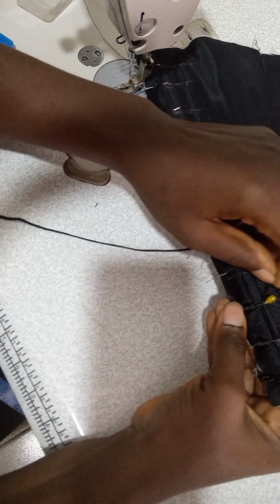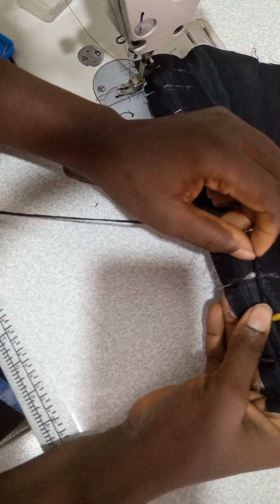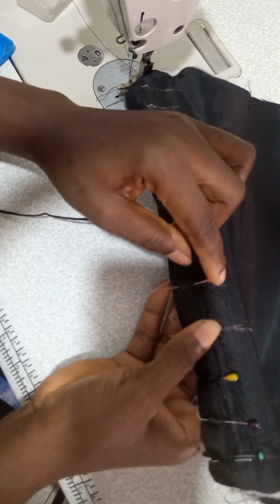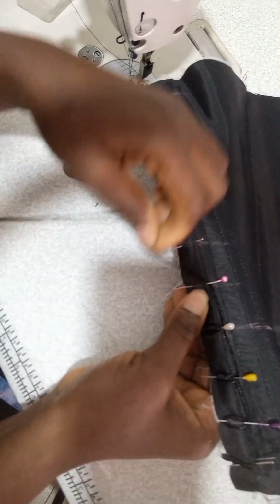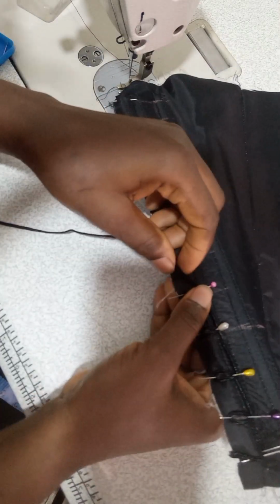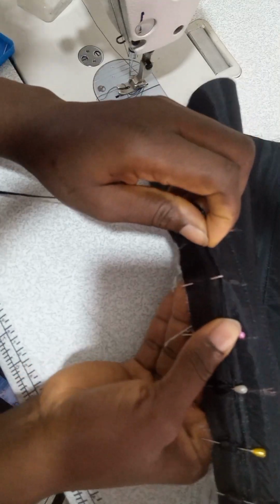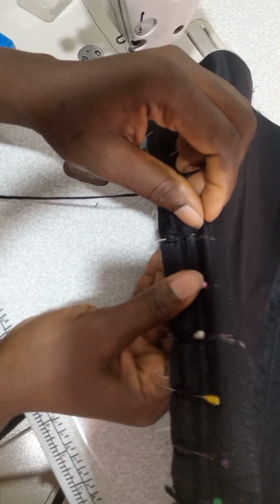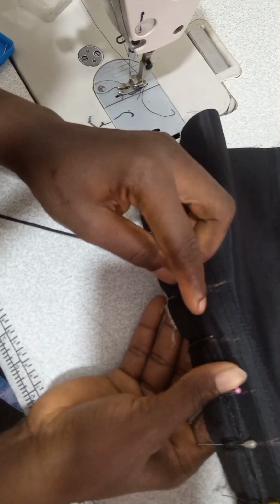Just watch closely. Take your time. Do not rush this video. Take your time. All right, just like that. Continue like that. On top of the next pin. Go round it like that. Continue like that. Okay, you can see it's very easy. Very, very easy. Just take your time and go through this video, especially this part, because this is the